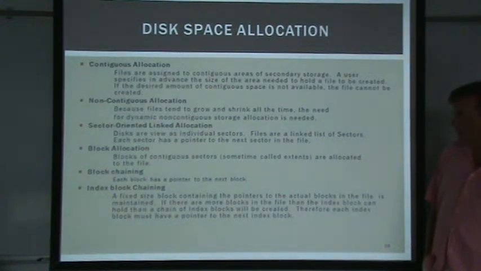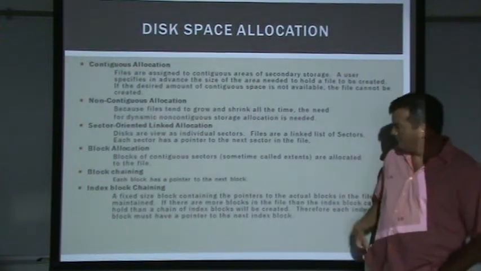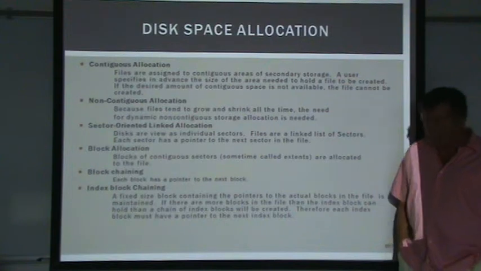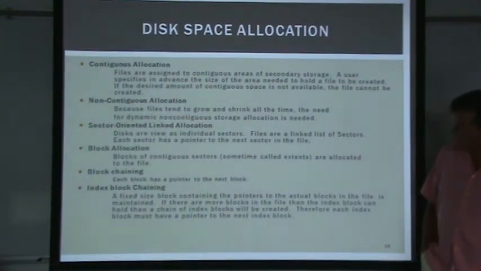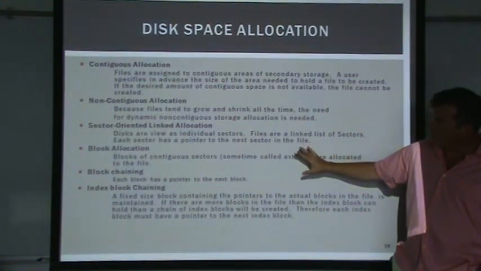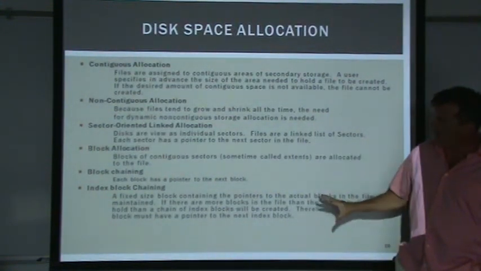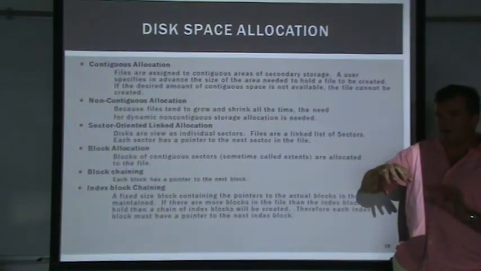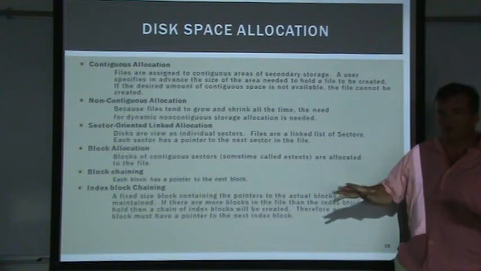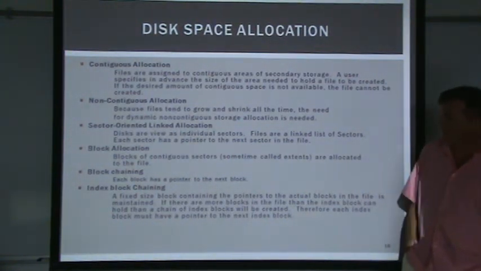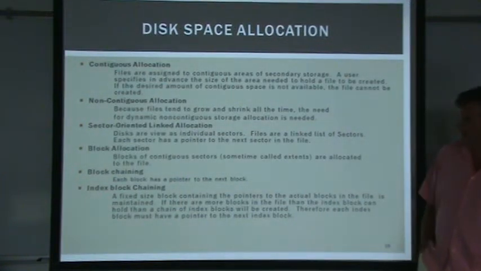Block allocation is where you get a collection of blocks, sometimes called extents, and that ends up showing up in the MVS operating system by IBM. So what we can end up doing is a kind of hybrid between contiguous and non-contiguous allocation. We could grab a bunch of blocks that are linked together, and then we could grab a different set of blocks somewhere else and link the 2 sets of blocks together, which we're now calling extents. So it's kind of a hybrid of contiguous and non-contiguous.